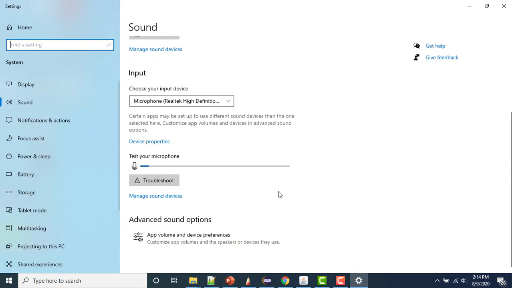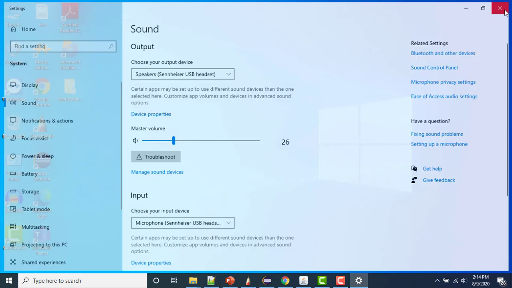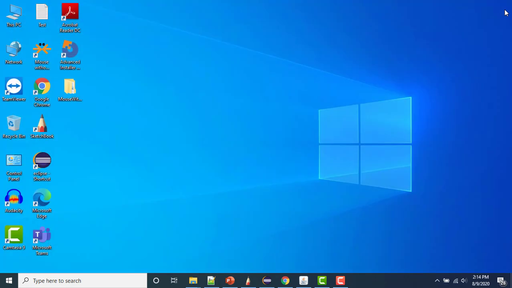If you want to play, you can play from here, right? Sometimes the use case is that I want a microphone with a different input but a different output. From here you can easily change that, right? So this is how we can change our input and output of the sound devices, right? So that's all, guys, about managing sound.